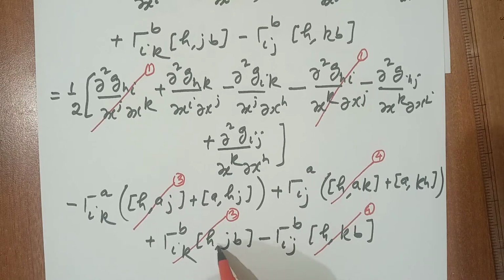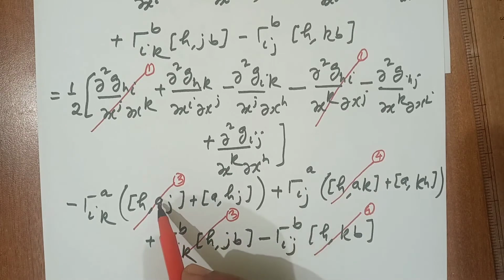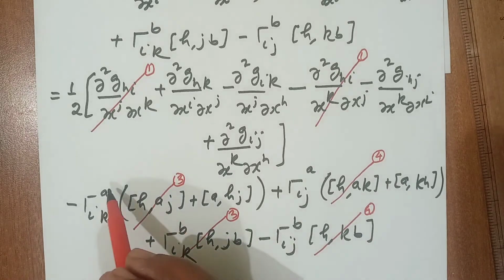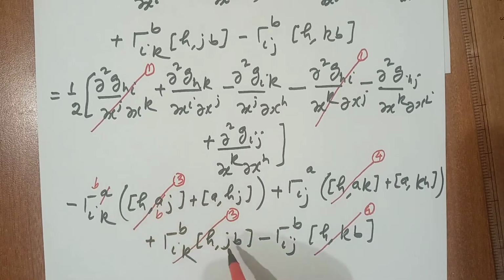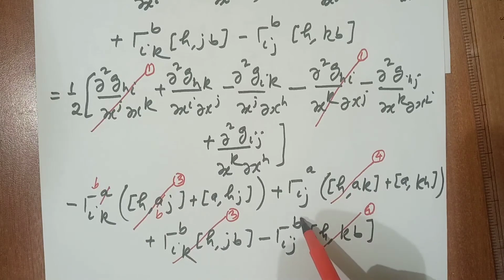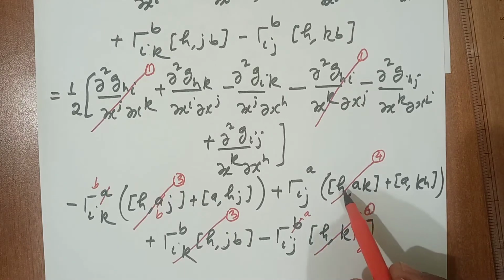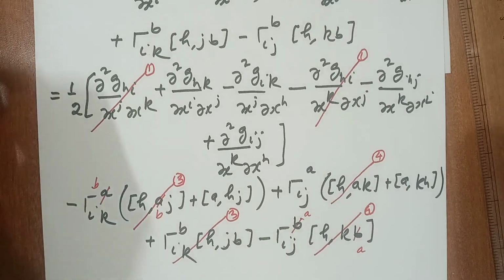Also this is symmetric in the two indices j and b, so this is b and here b, so this cancels, and here a_ij, so we can write here b, so a and here a, so this should cancel. Okay, now the remaining terms are